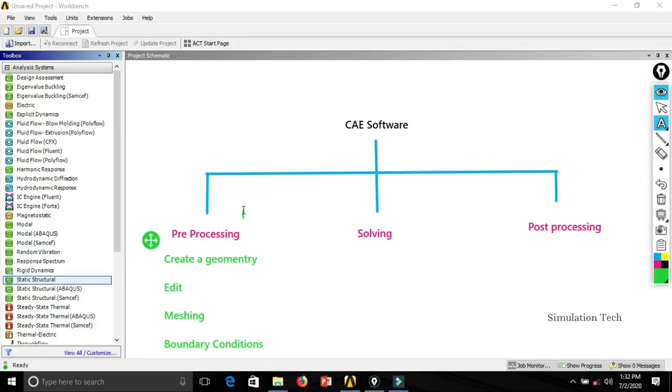After completing the pre-processing steps, we go for the solving part. Solving in ANSYS, or in whatever software it is, is not our job, it's the software's part. The software solves the pre-processing data and gives the results data. How it actually solves is by using a solver. ANSYS has its own solver called the ANSYS solver, which can be further divided into two types. Either explicit